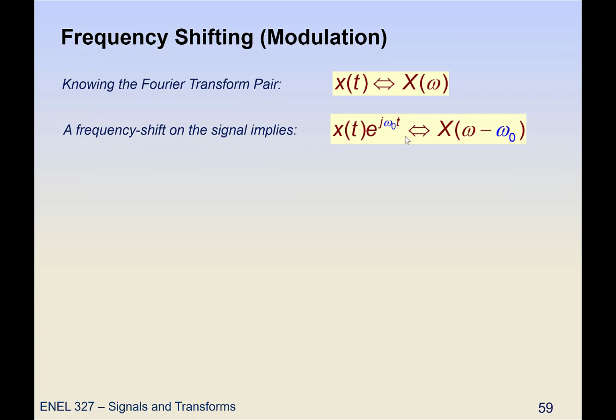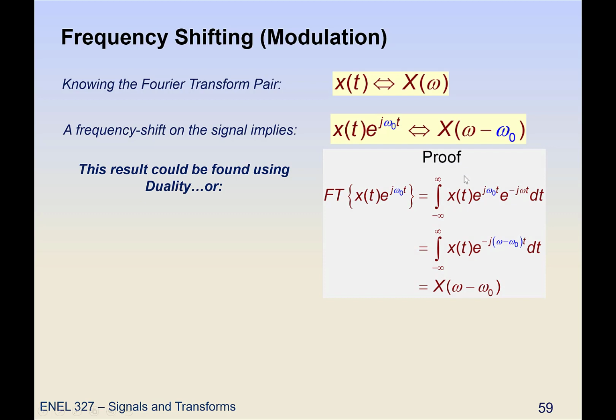Okay, so now what if we do a frequency shift? Here you're effectively getting this from duality, but rather than doing a shift on the time variable, let's do a shift on the frequency variable. What does that represent? Well, we end up with our original signal, but now it's multiplied by e to the j omega naught t. So that could be found using duality, or if you take a look at the left-hand side and just do the Fourier transform of that,